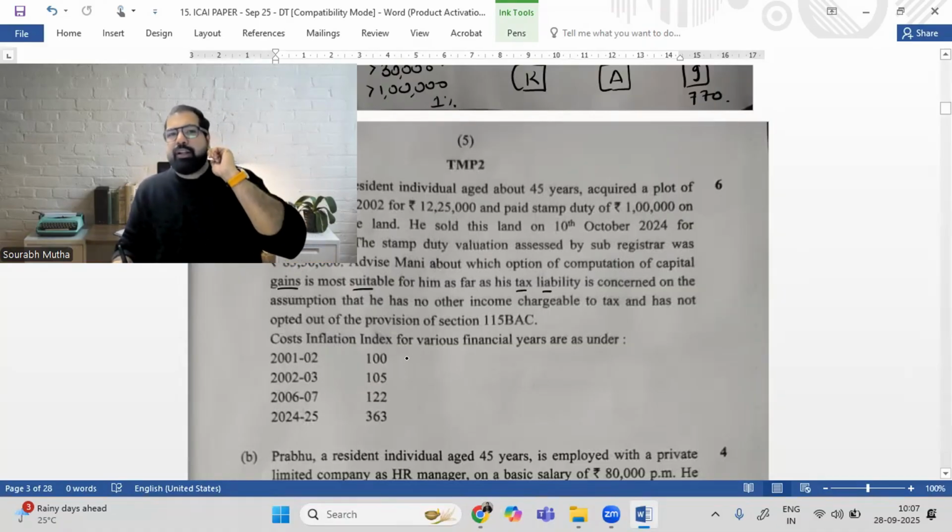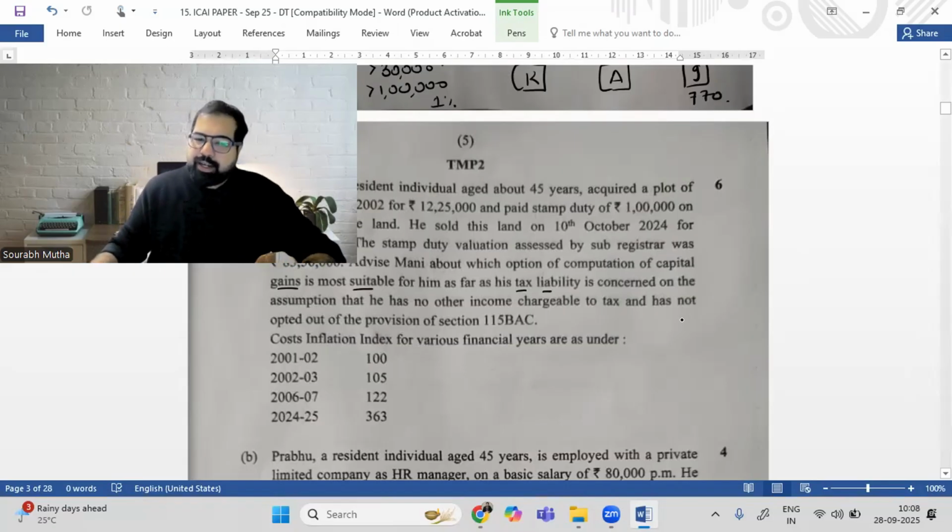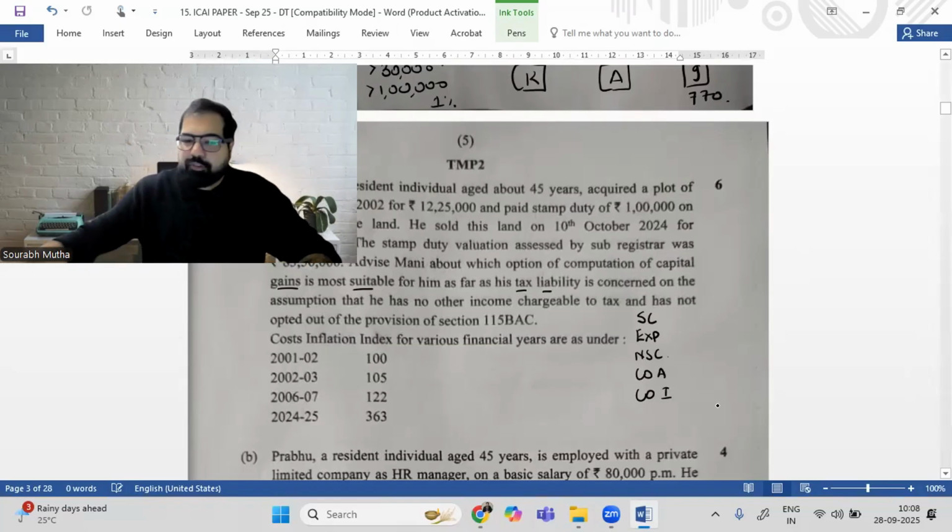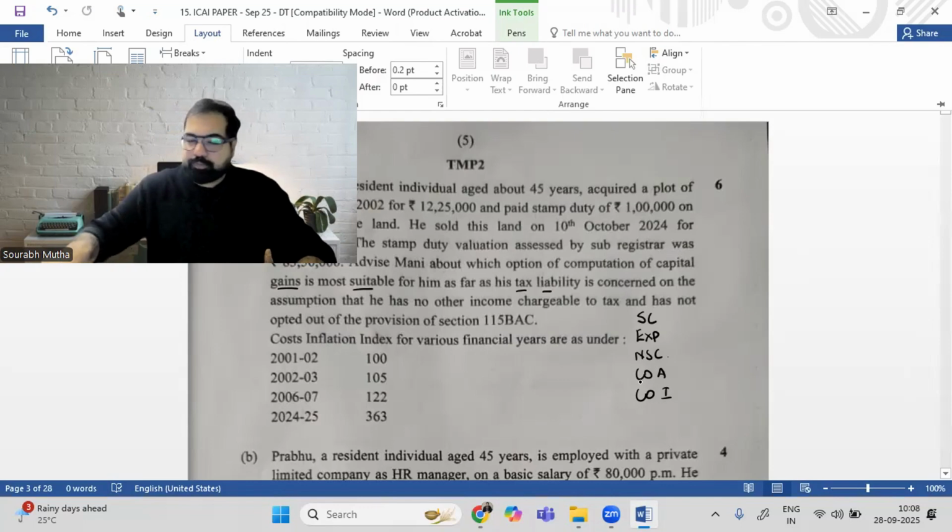As you know, guys, capital gain now has 2 options. Let's look at the first option, which is plain and simple. Guys, in capital gain, first there is an asset you are selling, so there will be sale consideration. Next, there will be some expense on transfer, you will minus that. Then there will be net sale consideration. Then there will be cost of acquisition you can minus, and cost of improvement you can minus, and the final number will be here.